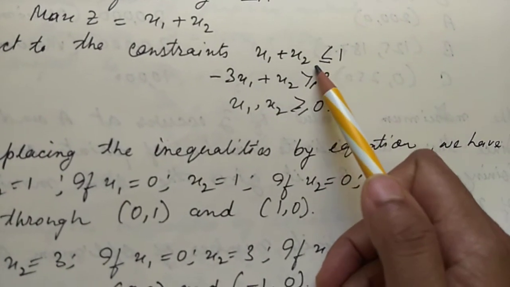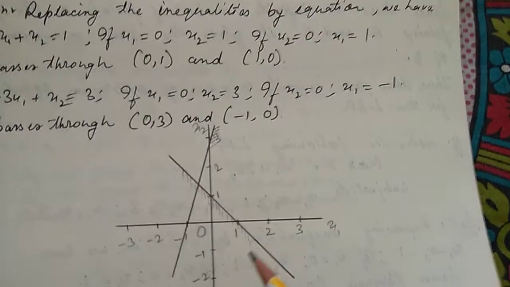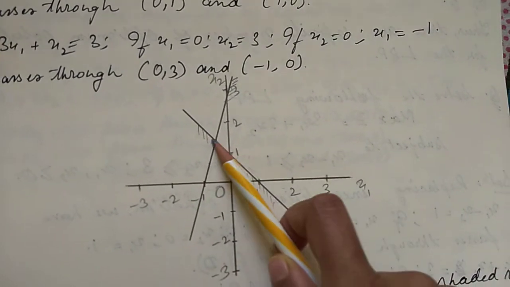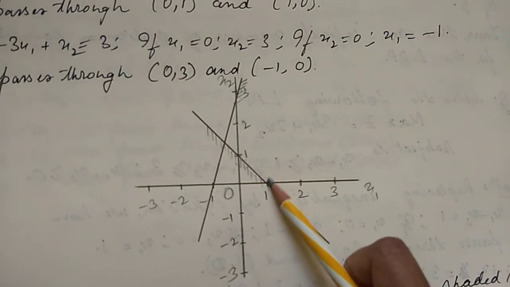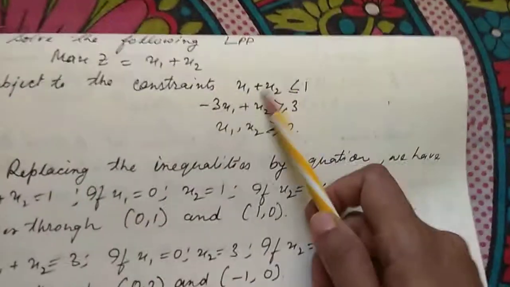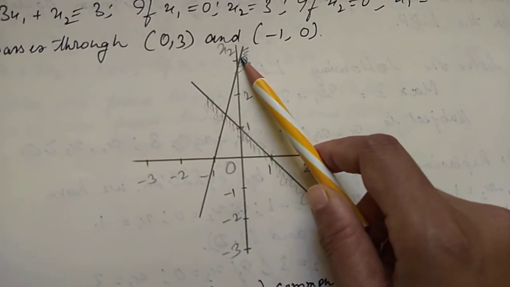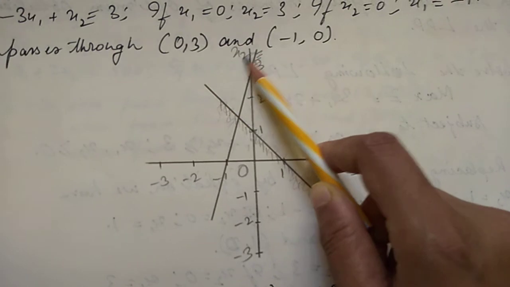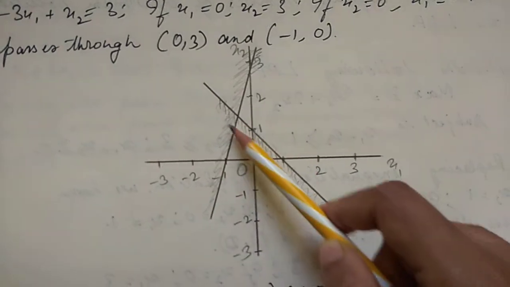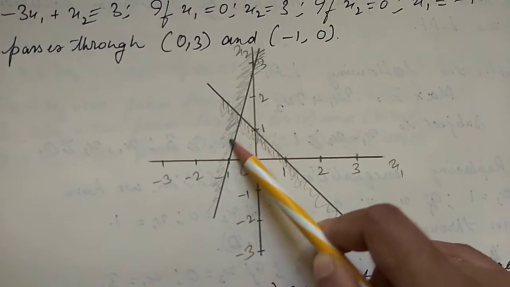Now following the rules, you can see first one's sign is lesser equals to, that means we have to shade the region below it. Which was our first straight line? Our first straight line was this one. So the region below this line is this one. And this constraint had a greater than equals to sign. So for this one, the shaded region will be this part above this line, right? So for the first one, the shaded region is this part, and for the second, the shaded region is this part.